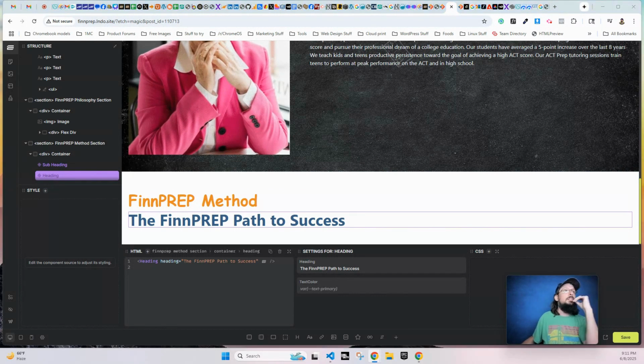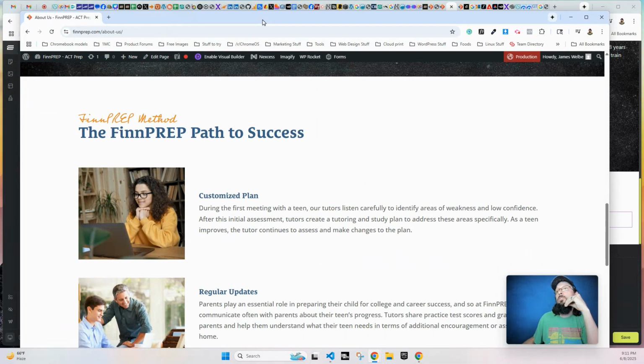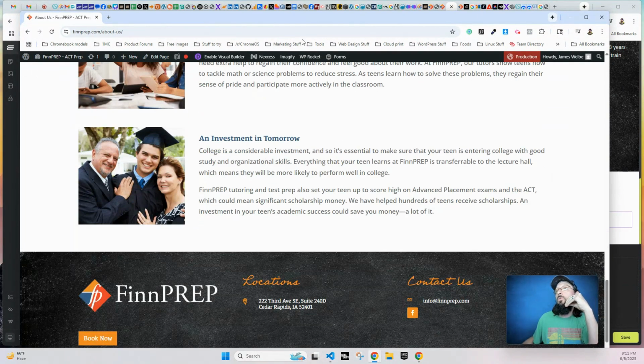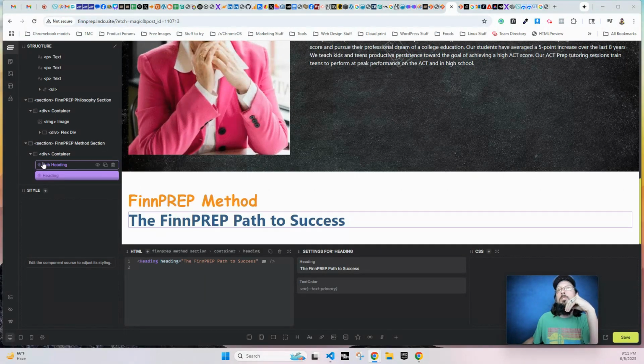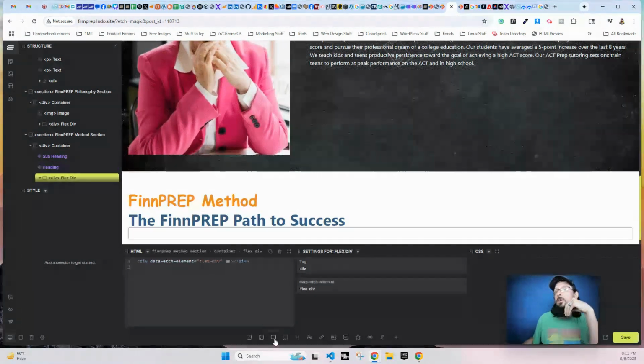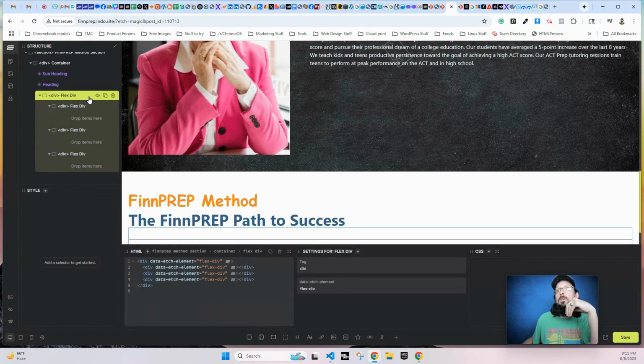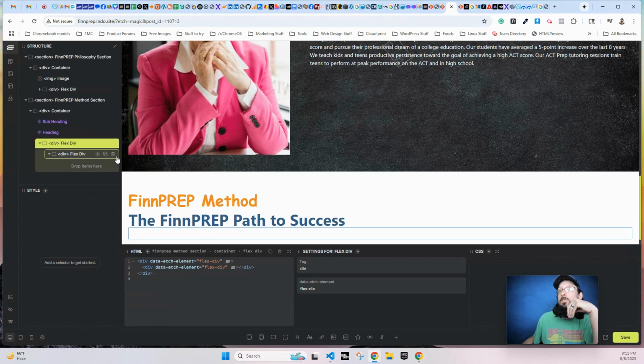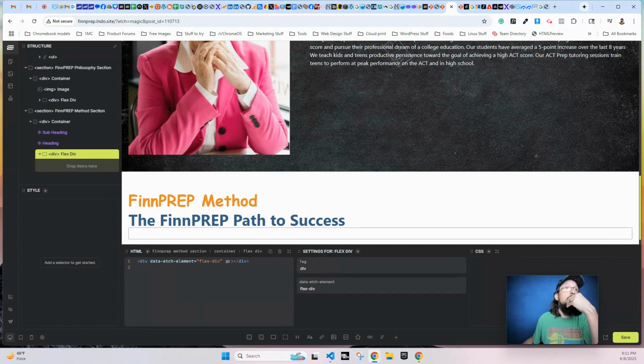And then I got to make these little divs, so we'll add 1, 2, 3, 4. We'll add 4 flex divs. That's this guy right here. 1, 2, 3, 4. Actually, it added 1 and then it added the others inside of it, but that's fine. I was going to delete them anyways because I'm going to create this one and then duplicate it 3 times,